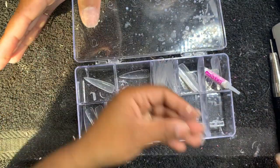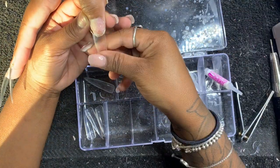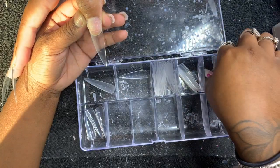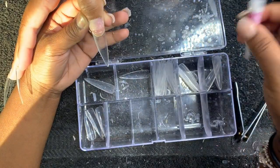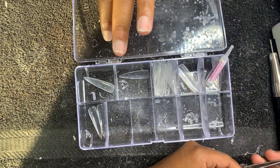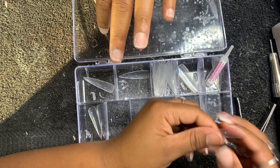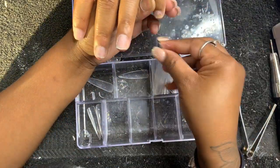The only thing I can say about these nail tips is the thumb fingers. They're supposed to be the biggest nails, but I feel like they're literally like a middle finger. But this is just how I apply my nail tips to get a better stick. You don't want nail glue all running down your finger, getting stuck to you and your client. That's what you don't want. So just take your one drop of glue, place your nail tip, and